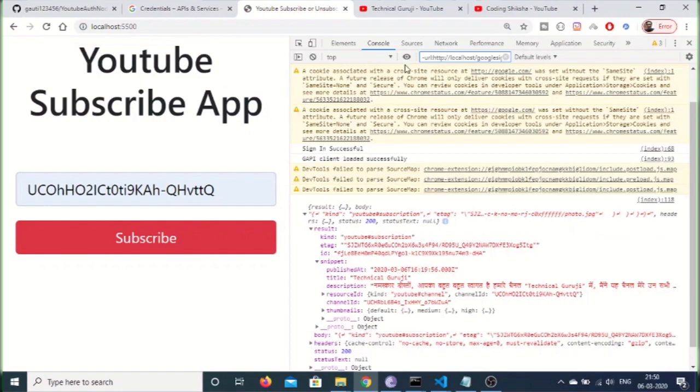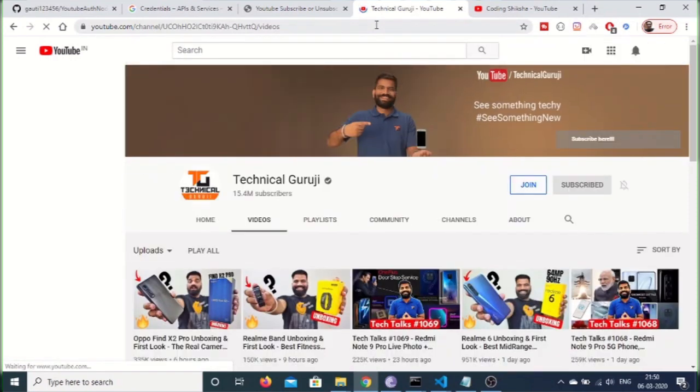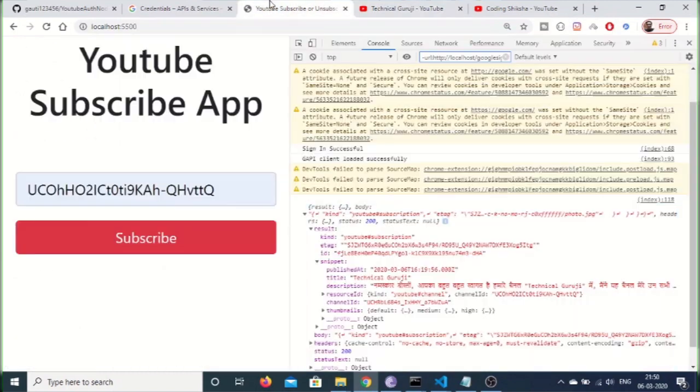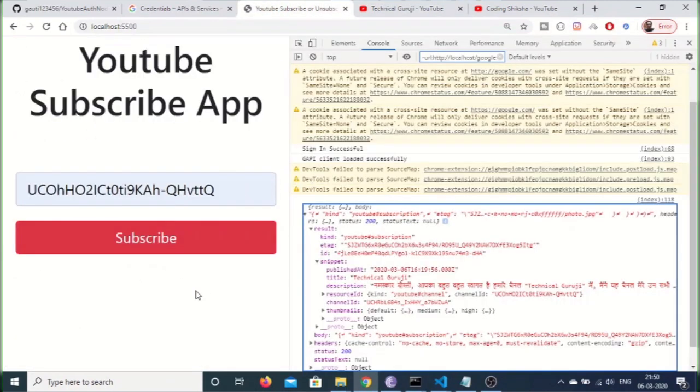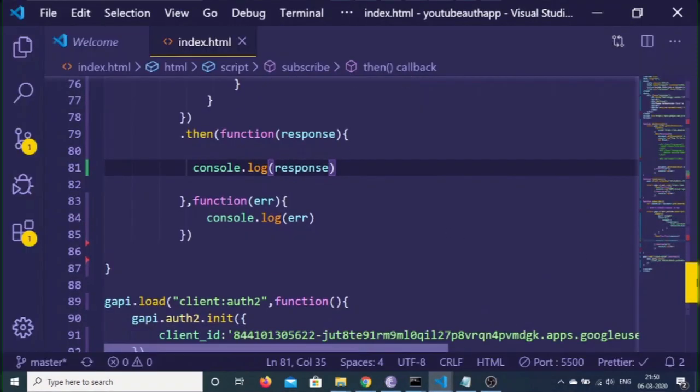So now we are successfully subscribed to. So if I refresh it, you will see that it will change to gray. So just wait, it takes time. You will see that it has changed to gray here. We have successfully subscribed to this channel, and now we just need to display this information. So in order to display this information,